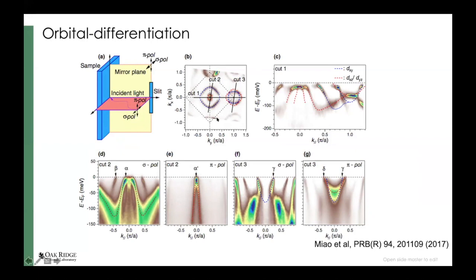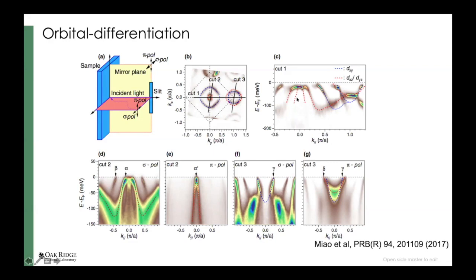And here the panel B is the Fermi surface. You see all three hole-like bands at the Brillouin zone center and the two electron bands at the Brillouin zone corner. And you do see all the bands have very strong polarization dependence. And based on that, we can extract all the orbital characters, which is summarized in panel C, where you see